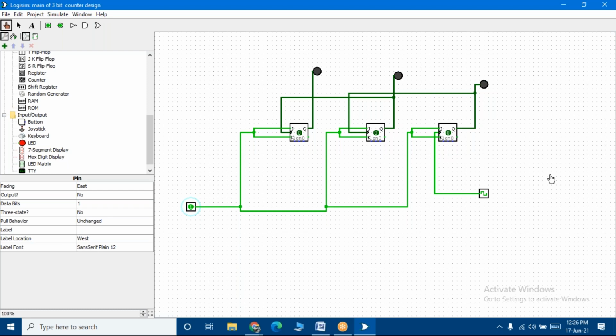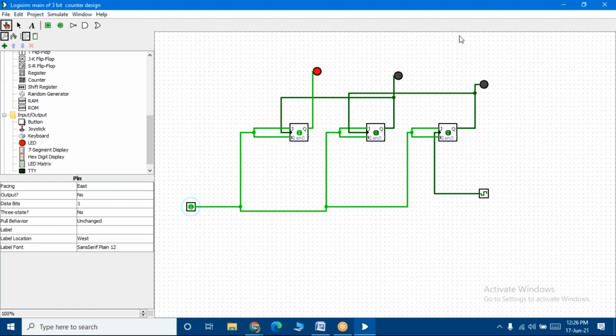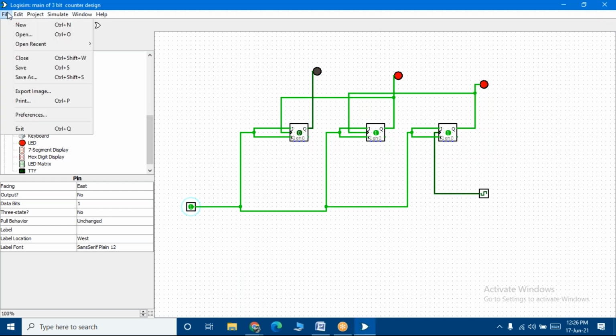Okay. So now let us go to the up counter. Okay. So students, shall we proceed to the up counter? If no doubts, shall we proceed to the up counter? Okay, very good. Now students, let me go ahead and take a file, go to new.